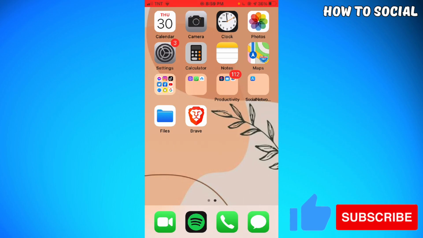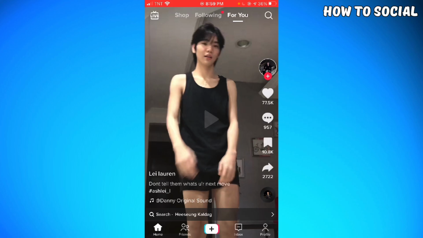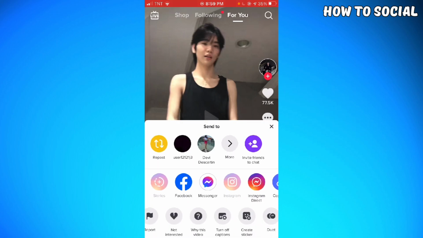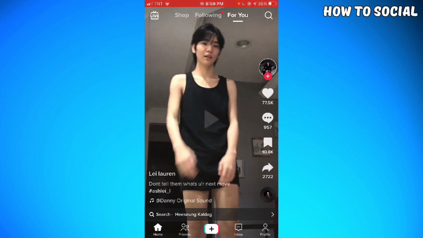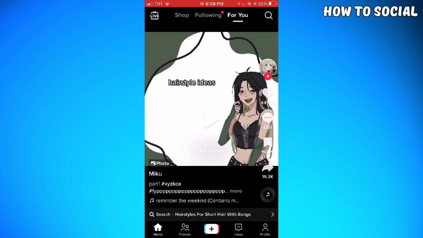So now what I want you to do is to open your TikTok app and just go ahead and save the audio that you want to use. So to do that, for example in this video, here you just want to click on the share arrow at the lower right side of your screen and click on, sorry, but in this video I cannot save it,